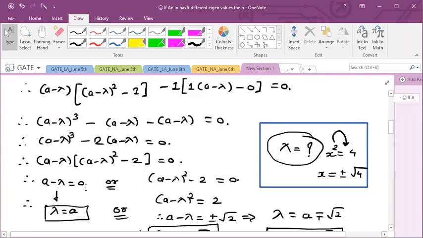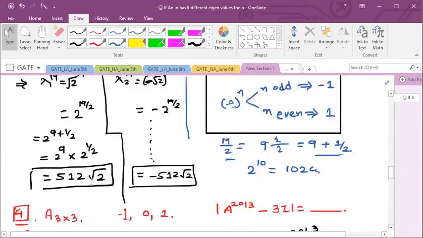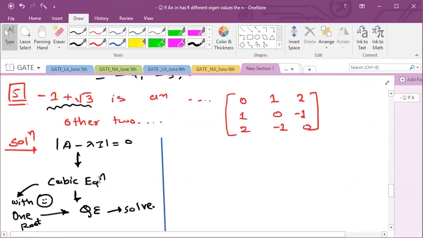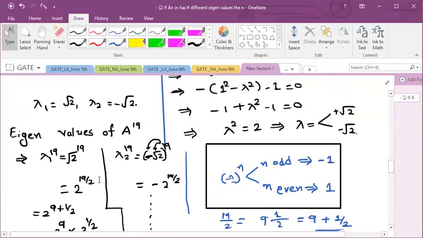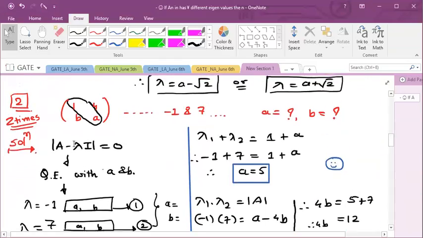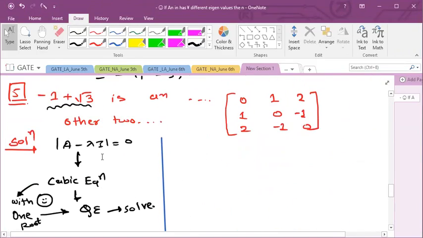The same method I have shown you here also, for 2 by 2, where we found the trace. All these methods will give you marks in college, but these methods will kill your time in GATE. So for that, now see over here.